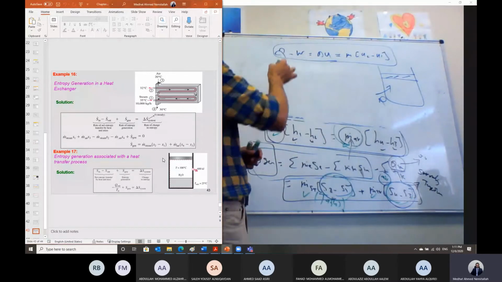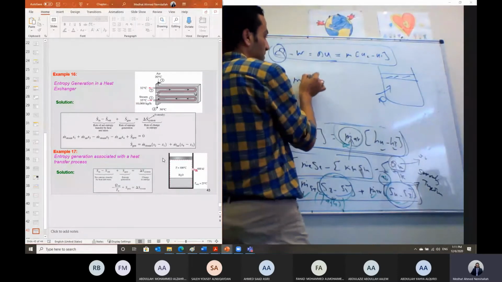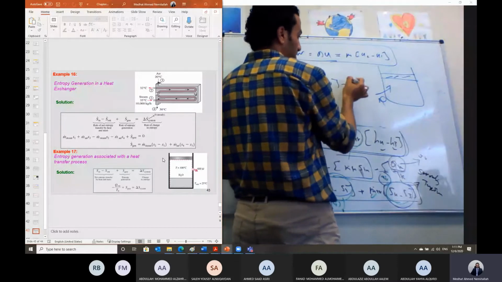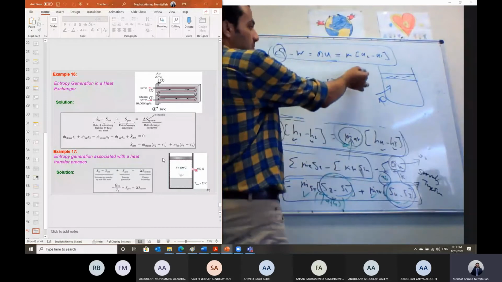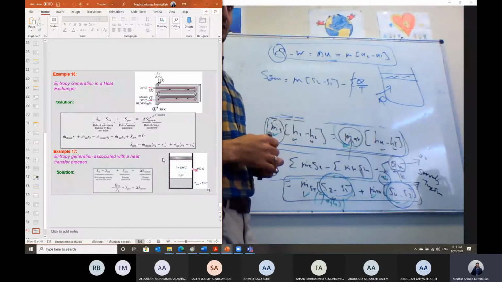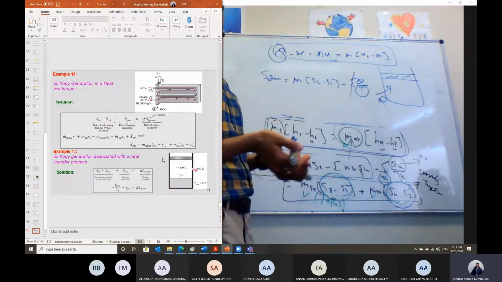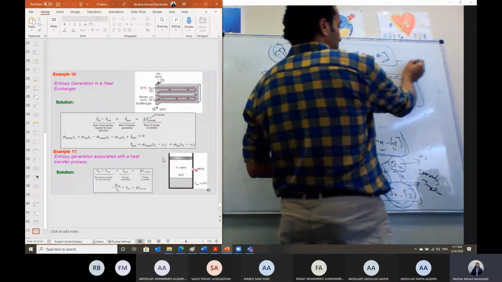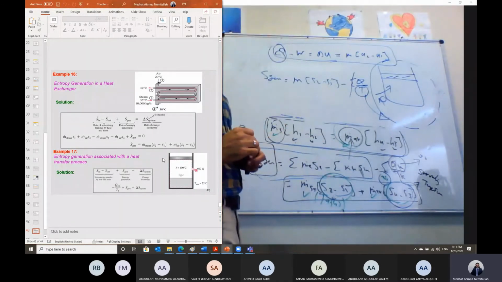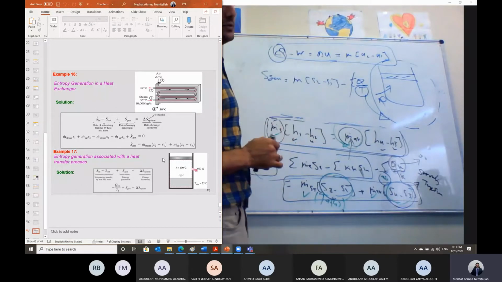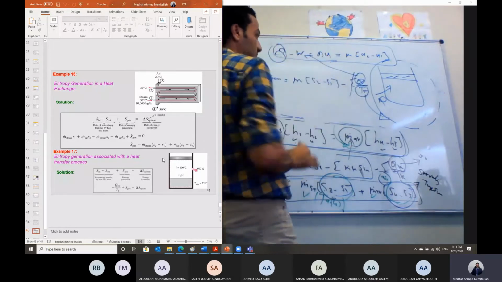Once you calculate the heat transfer from here, then we can say the entropy generation for a closed system will equal mass multiplied by S2 minus S1, minus summation of Q divided by T. Usually, as I told you, we don't have this summation, so it is minus Q over T. T is the temperature at which the heat is coming from or transferred to. So usually we are dealing with the system, and this is its surrounding. So usually this is the surrounding temperature, the temperature at which the heat is transferred. So this will be given for you, the surrounding temperature, and this heat transfer is calculated from the first law